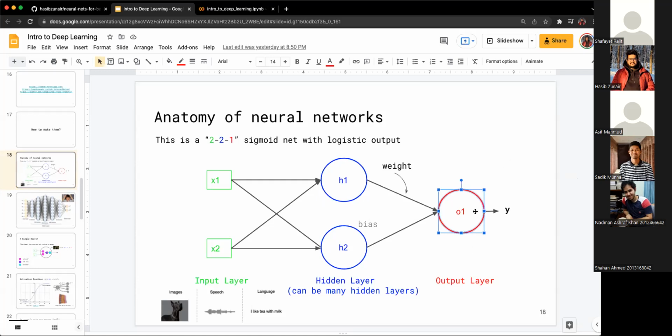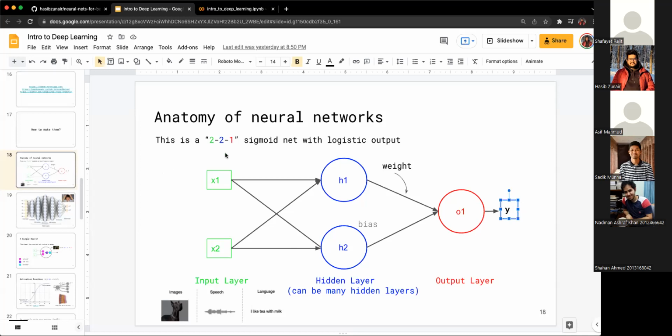Over here, it's just one neuron, which takes all the inputs from the previous layer, and it's going to give you the final output, Y. So Y can be the label of an image. Let's say you give it an image of a cat or a dog in your input layer, and Y is going to tell you, okay, this is a cat or this is a dog. Or for example, you give it a certain speech, it's going to maybe translate that speech into a different language. That can also be Y, right? So this is how the whole pipeline of neural networks works. You have an input layer, a hidden layer, and an output layer.